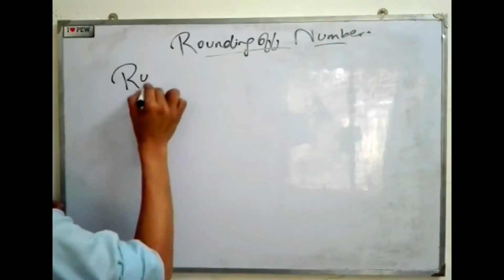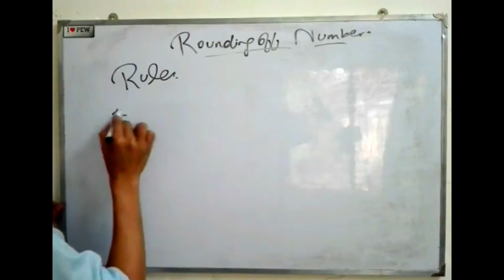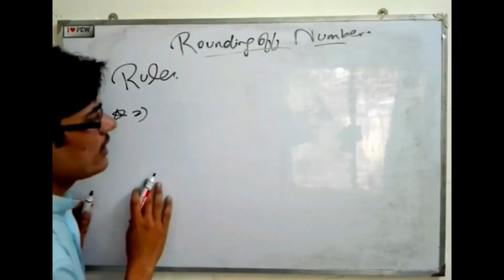So, the first rule is that as the drop in digits